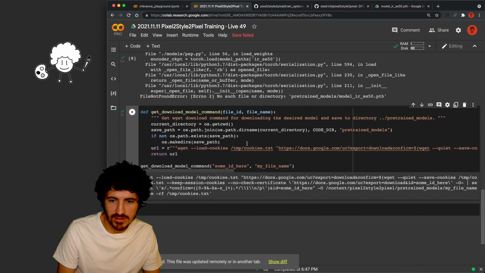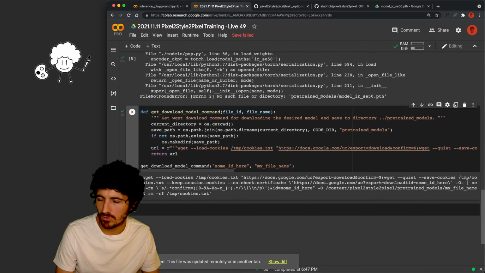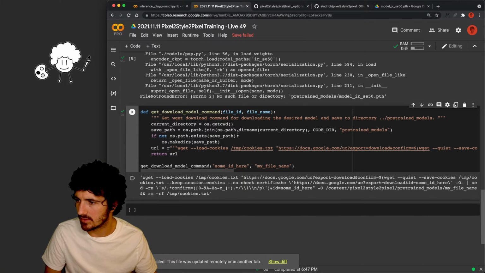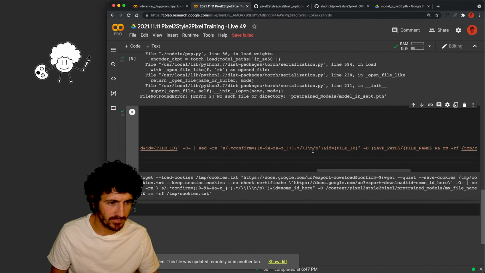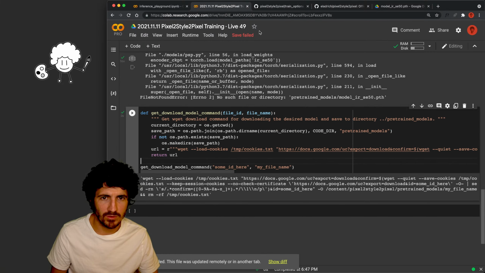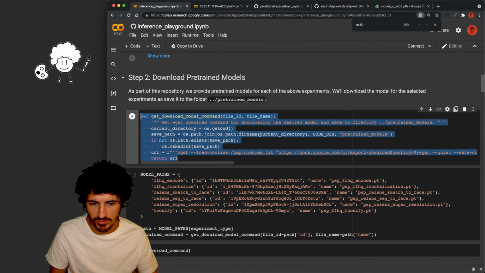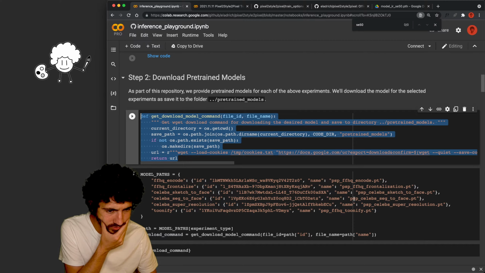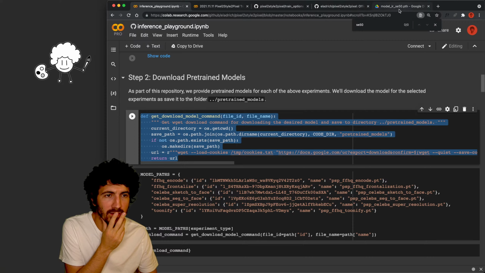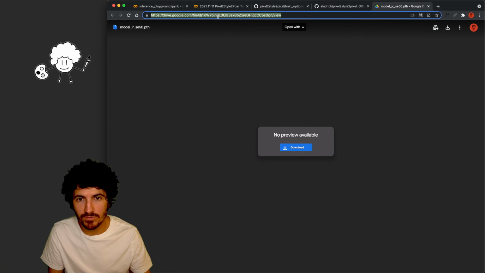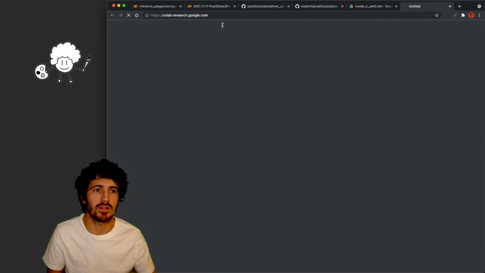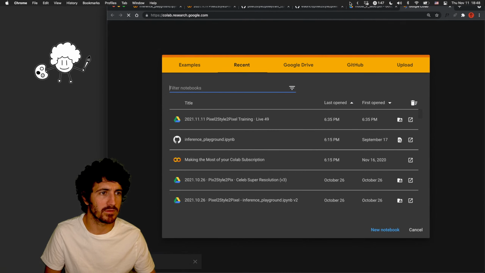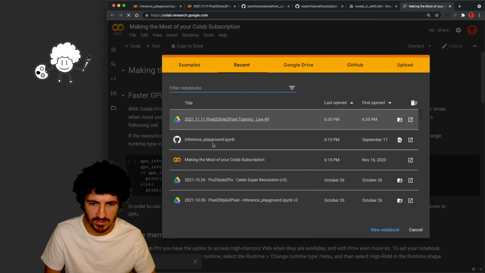Okay, I think this might be for downloading the pre-trained models, but not to download this file, which is just like a normal file on Google Drive. So let me open a different notebook just to make sure that